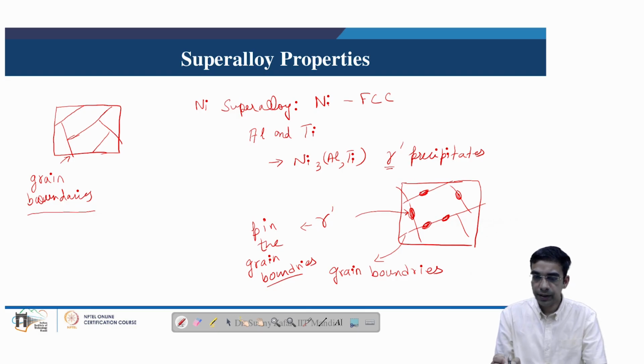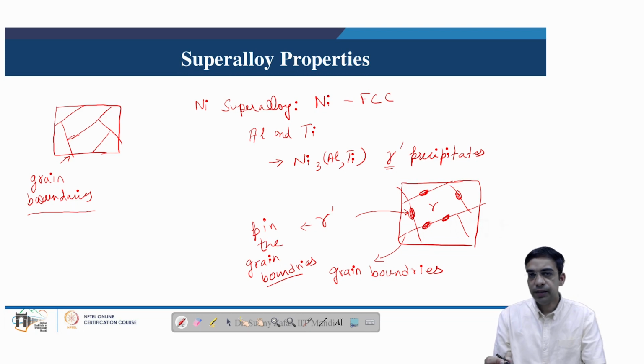Another important thing is the coherency between the nickel based matrix, or the surrounding matrix, which is sometimes termed as gamma, and the gamma prime phases. This coherency further enhances the synchronization between the pinning precipitates and the surrounding nickel based matrix, because of which, in an overall sense, the nickel based superalloys are able to exhibit very high strength even at elevated temperatures.